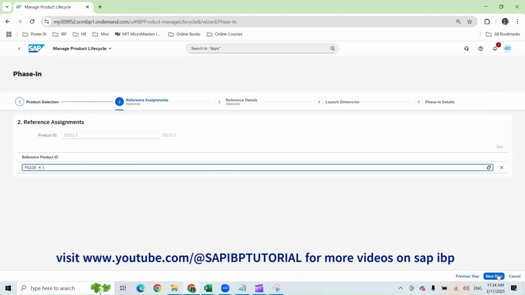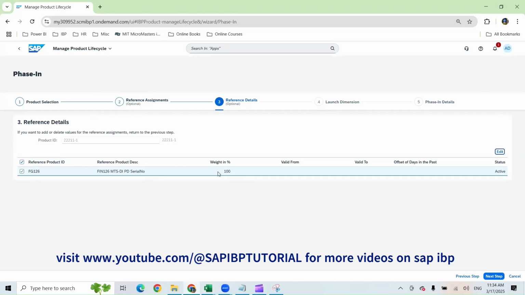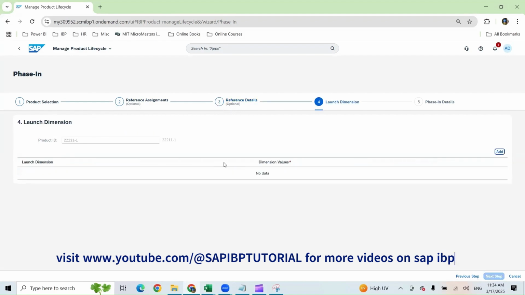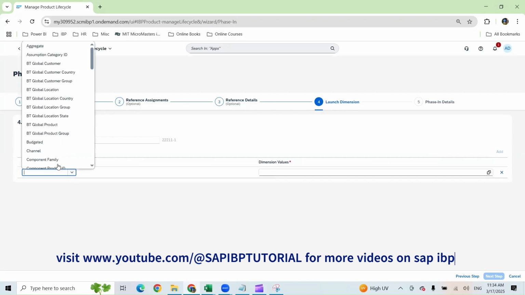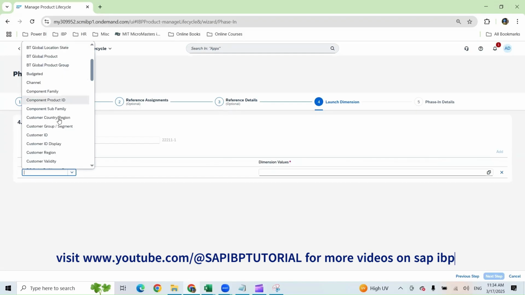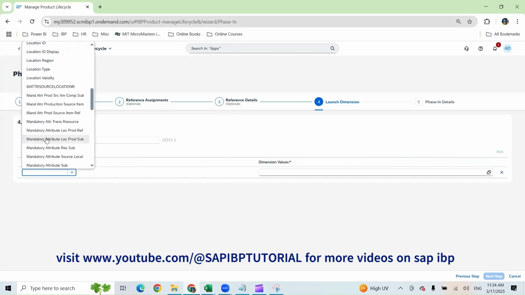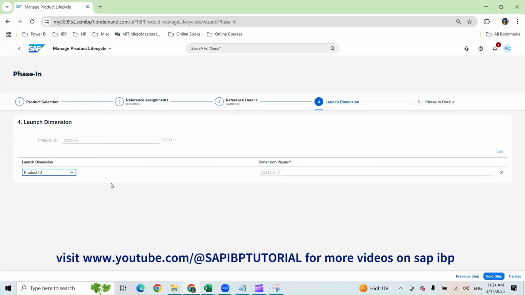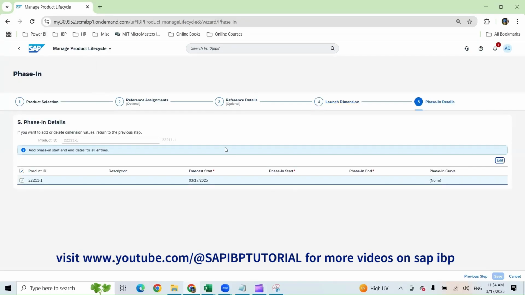And next step. So it is assigning the 100% weightage of the sales history that is generated into the new product. Then next step, launch dimension. We can add a launch dimension in the sense that we want to only update this product life. We want to manage only at a customer level, at a region level, or only at the product ID level. So for our example, we just select the product ID. I'll click on next, and then